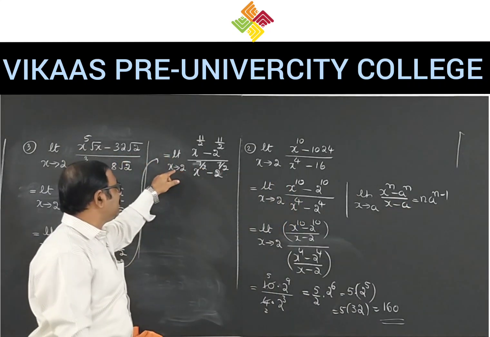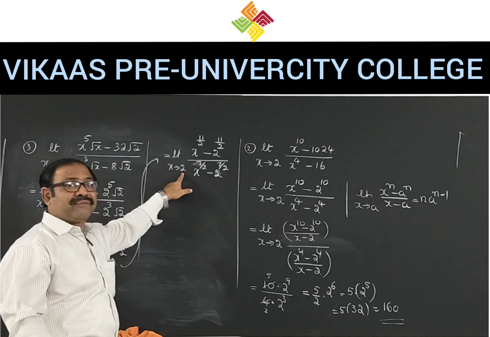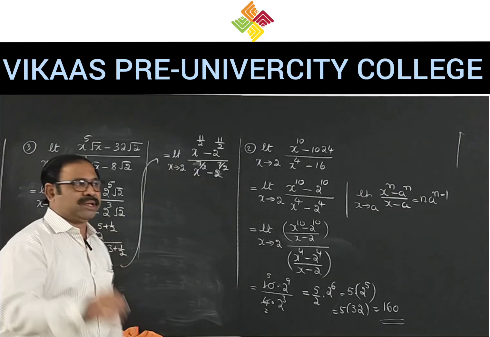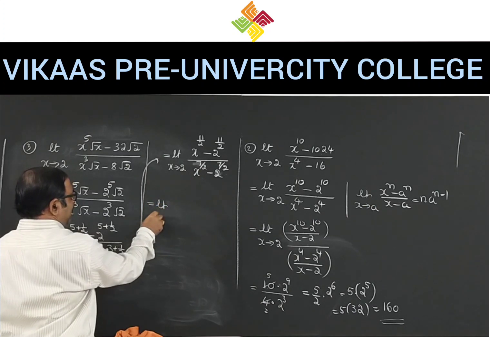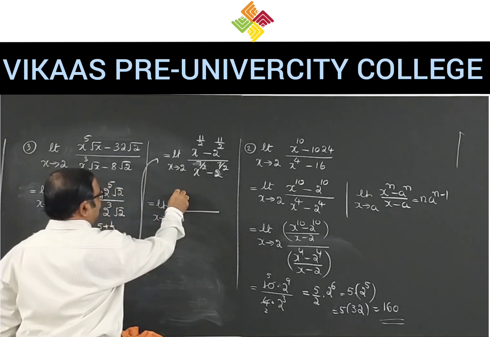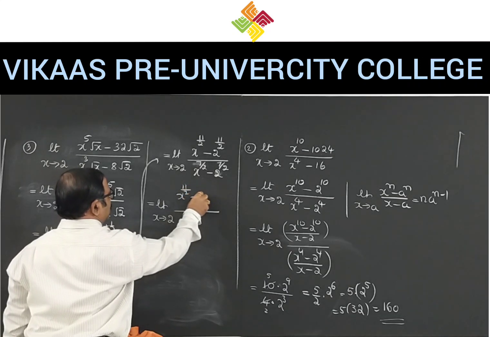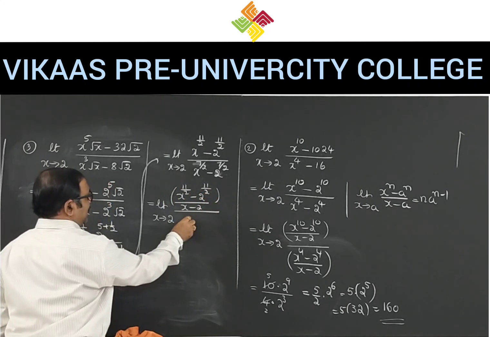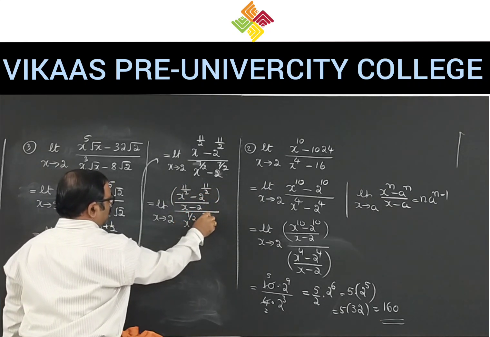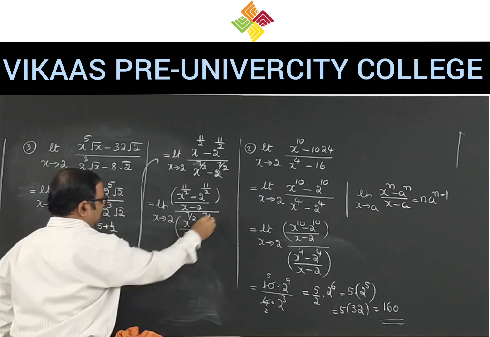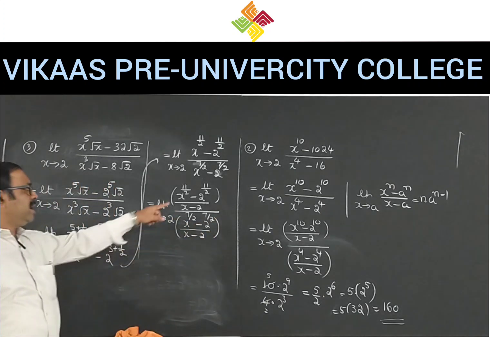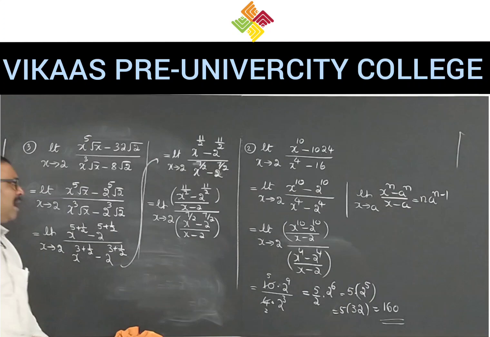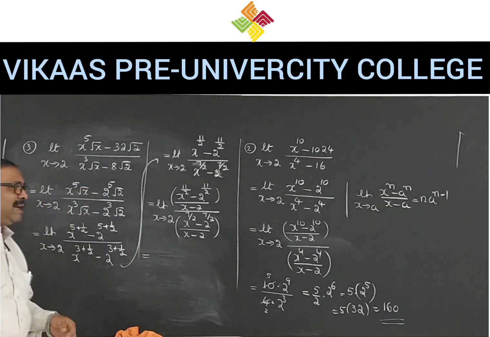Now here the given limit is x tending to 2. Therefore, what factor do we actually require? x minus 2. Okay, we need x minus 2. So we write limit x tending to 2, (x to the power 11 by 2 minus 2 to the power 11 by 2) by (x minus 2), divided by (x to the power 7 by 2 minus 2 power 7 by 2) by (x minus 2). We are dividing the numerator and denominator by x minus 2. Now, this is in the form of the standard limit.